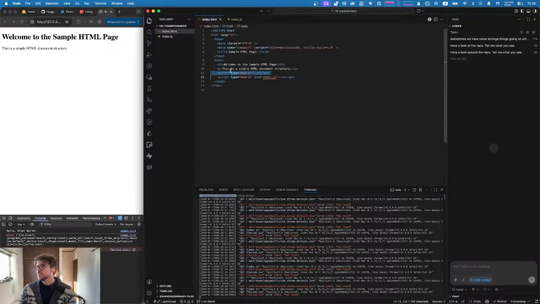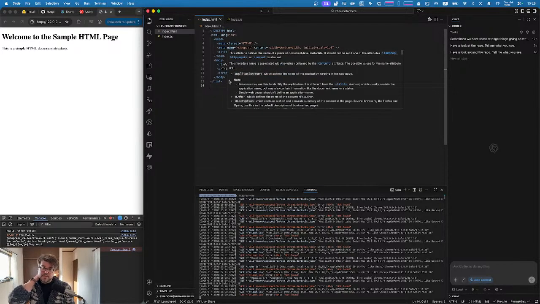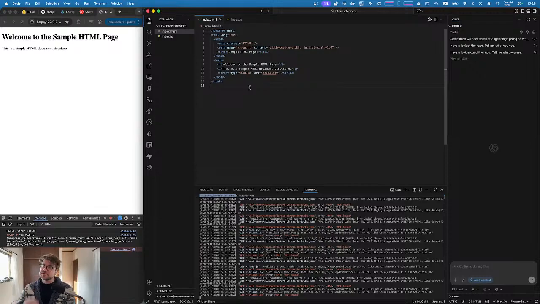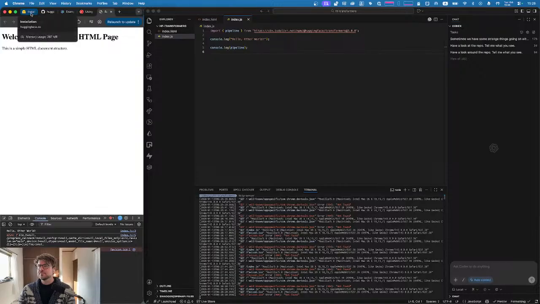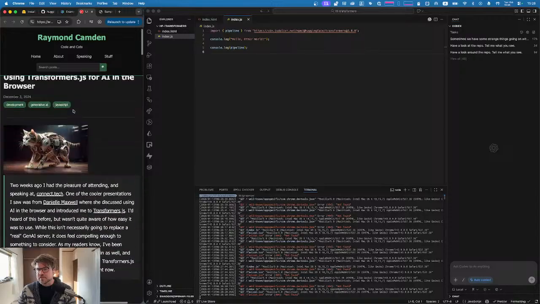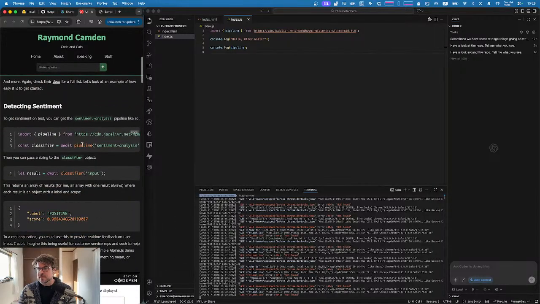So that means we can get rid of this. And all this does is it gives us a basic HTML page, and then it pulls in this other script, which is in turn pulling in the Transformers.js module, so we can start playing around with that. So now let's go back into, maybe we'll start with just looking at Raymond's post, because it looks pretty simply laid out, which is exactly what we'd hoped for. So he's showing,